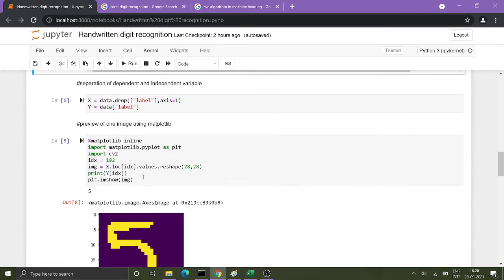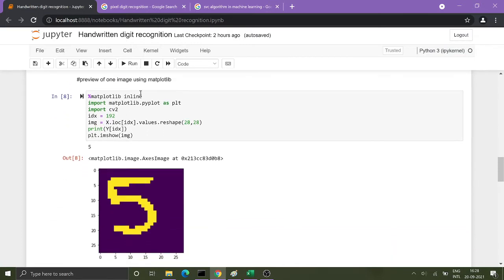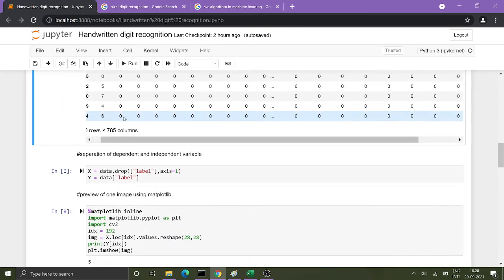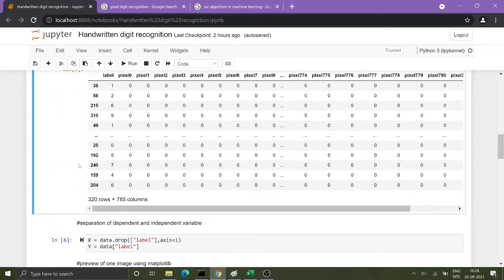Then we have used matplotlib to plot our image in the form of a graph, and we have imported cv2 so that we can use reshape. Index 192 is taken randomly, and its label is 5.